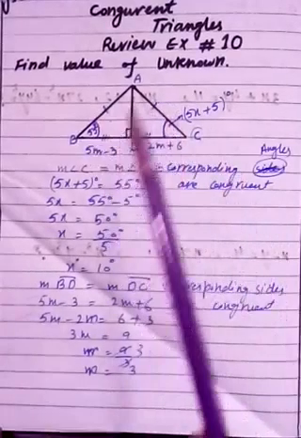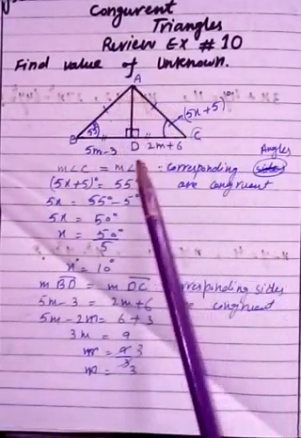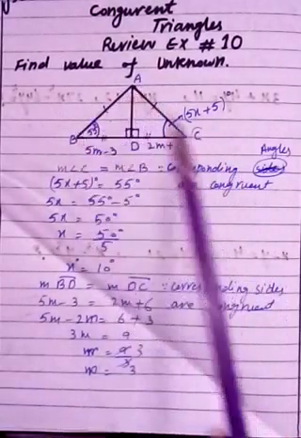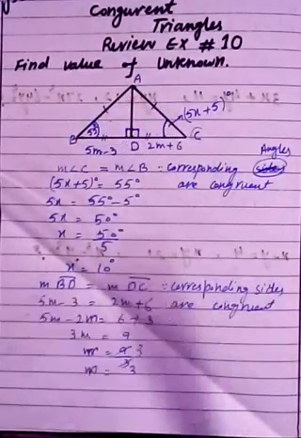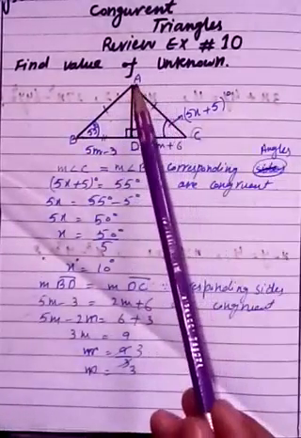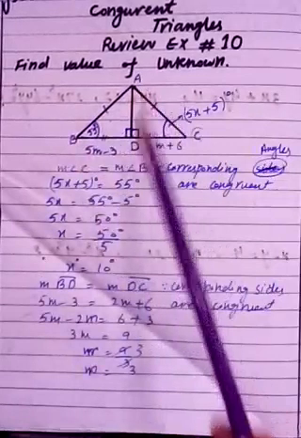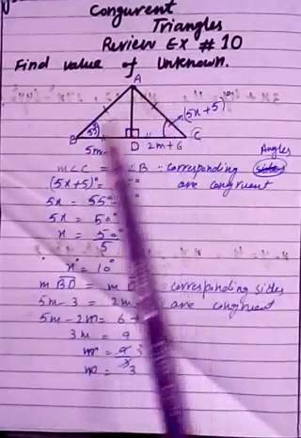This is a triangle, and when you draw a straight line or perpendicular AD, then this large triangle divides into two small congruent triangles. Congruent means same shape and same size. So these are two congruent triangles. First triangle is ABD, second is ADC. Now its corresponding sides are equal.